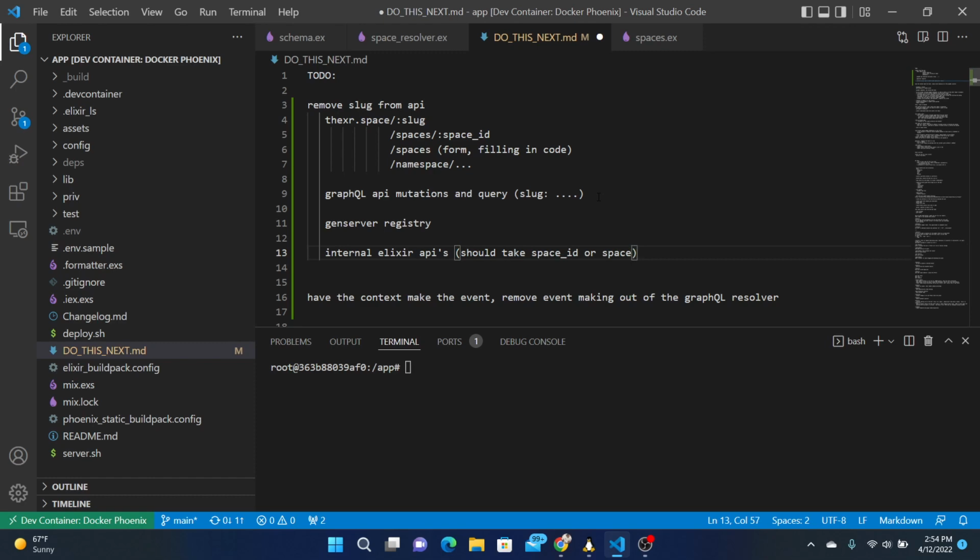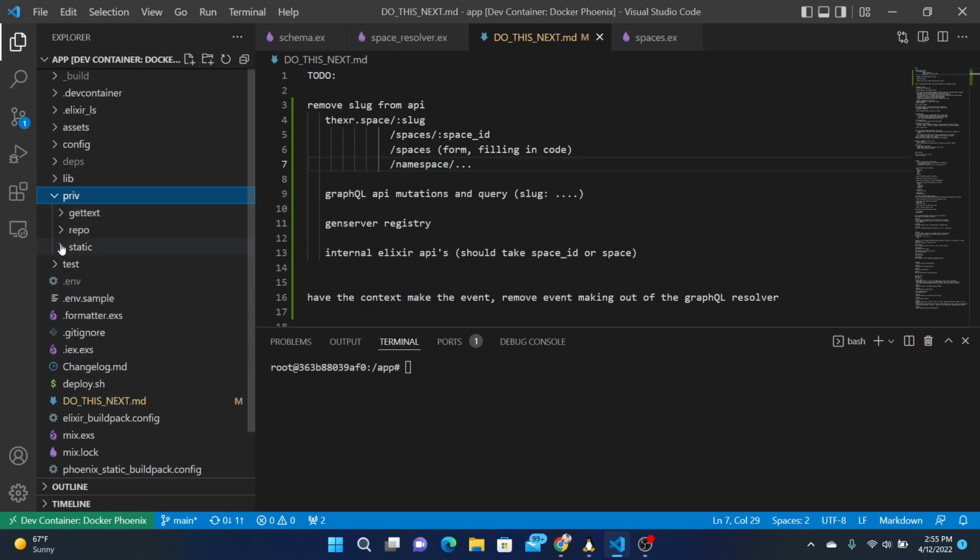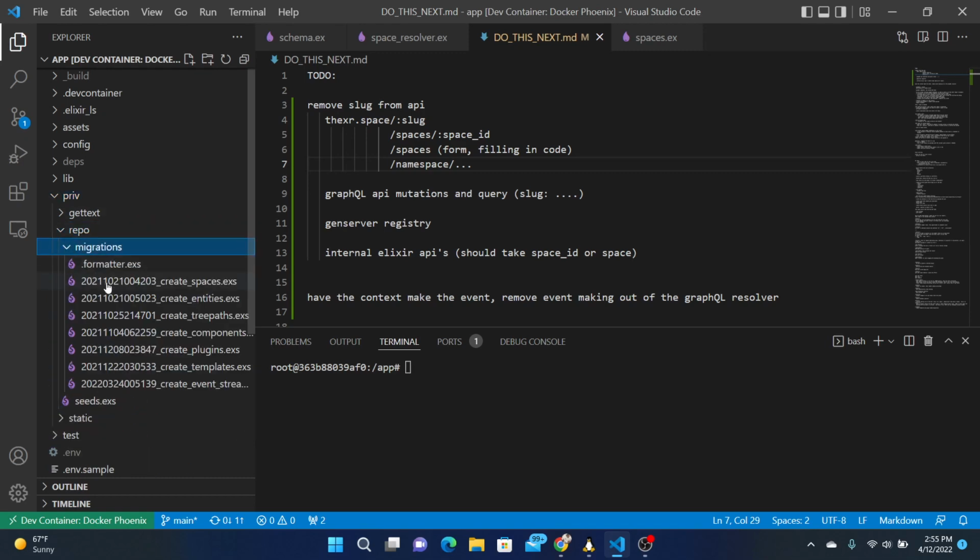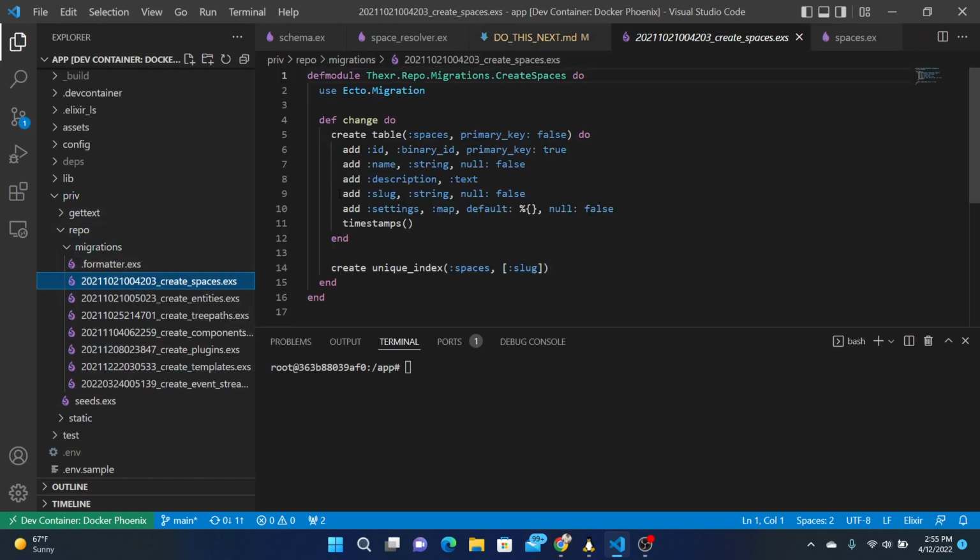What else? What else uses it? I think that's it. Okay, so where do we start? Well, the most obvious place is probably in the model. So we have the creation of the space, which creates a slug here.